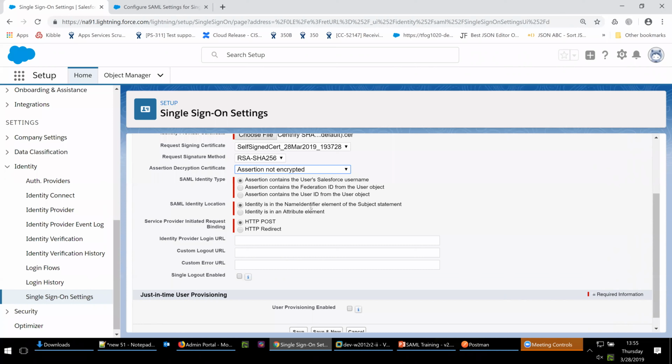Then for the next piece, SAML identity type. This is a setting in Salesforce that allows you to say where in the SAML response it is going to look. I'm sorry, when Salesforce gets the identity value in a SAML response, how should Salesforce map that to a Salesforce user? For now, just leave it as the first option, contains the user's Salesforce username,